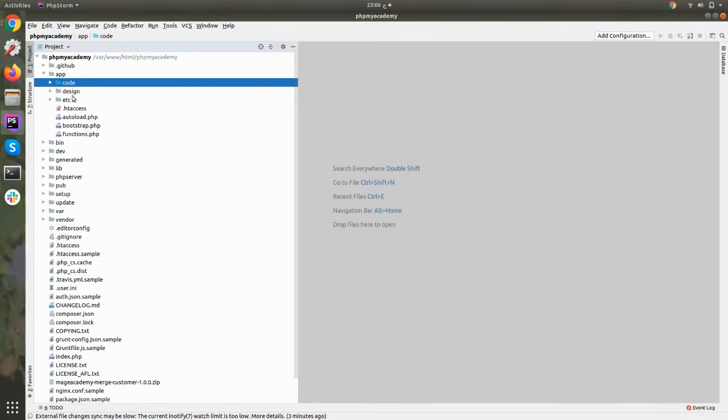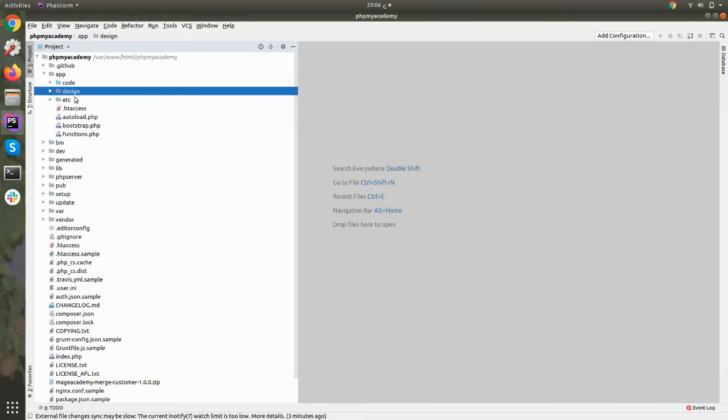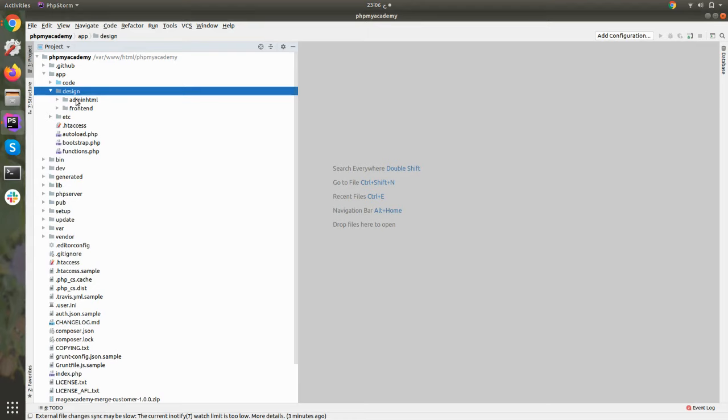Then you can see the design folder. If you are creating any new theme, your theme related code should be here in the design folder. Here in design, you can see two folders, adminhtml and frontend.